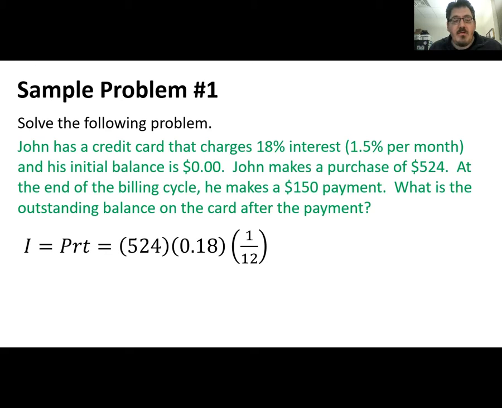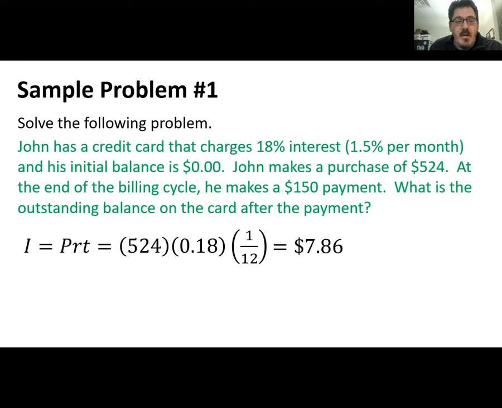Remember that the simple interest formula is based on, when we think about time, is based on years. So if you notice, our number for the time portion is 1/12. The 18% interest, remember, is an annual thing. So since we're using that value in the formula for the interest rate, we want to make sure we account for the fact that this is just 1/12 of a year that this interest is being calculated for. Once we get everything put into the formula, it's just a matter of multiplying. So we come up with a total amount of interest of